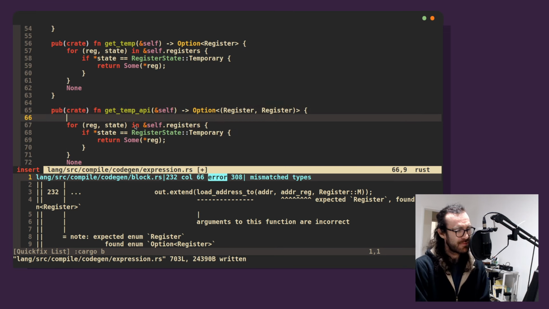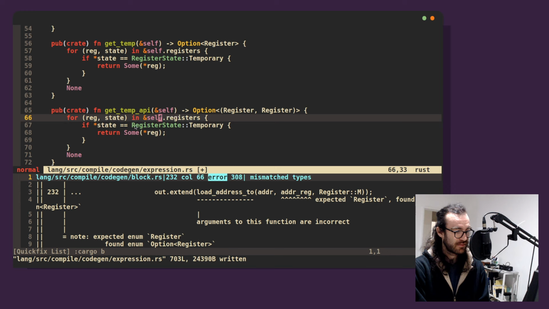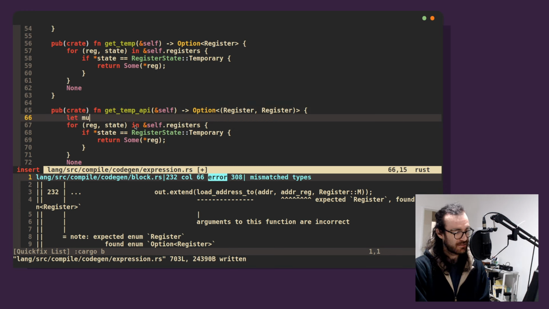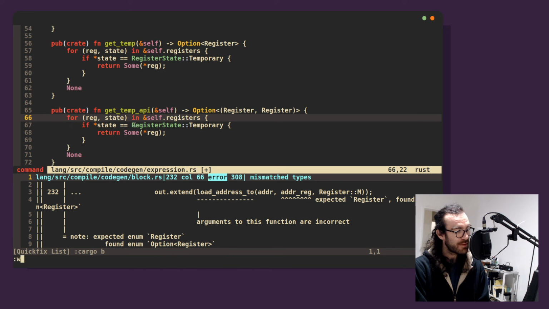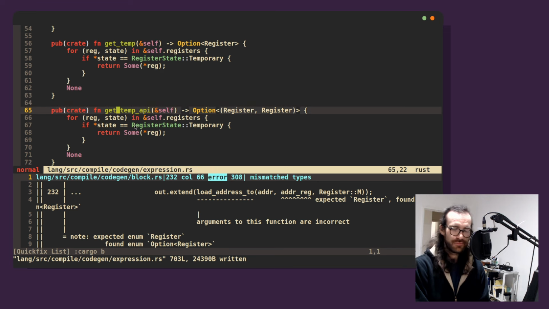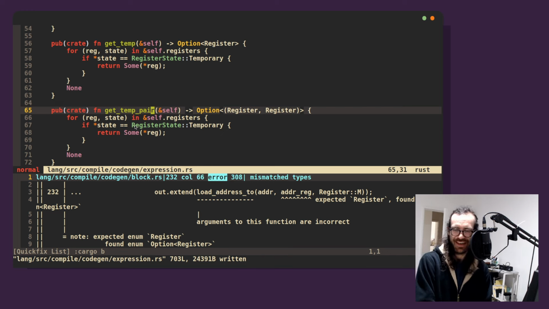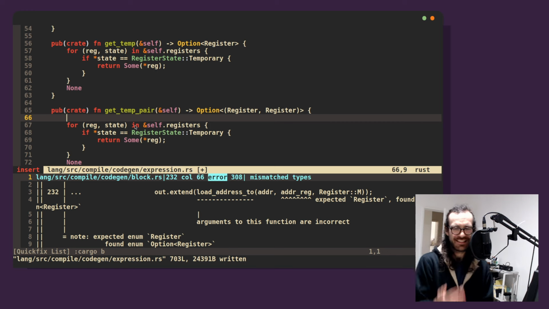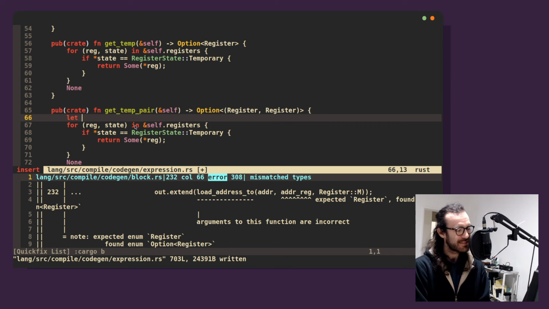I want to maybe for reg state in, I guess I do this the same way. Let's say let mut first, or maybe I say, oops, API pair. That had all the same letters as pair, and for some reason the word API came out. I think I said API as I typed it. Okay, so let's start this by saying let temp equal